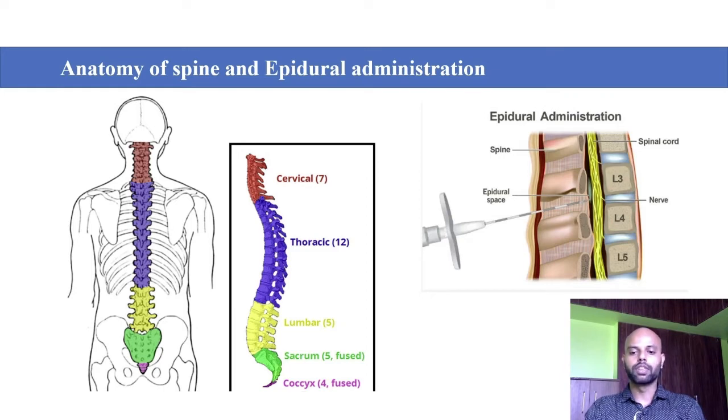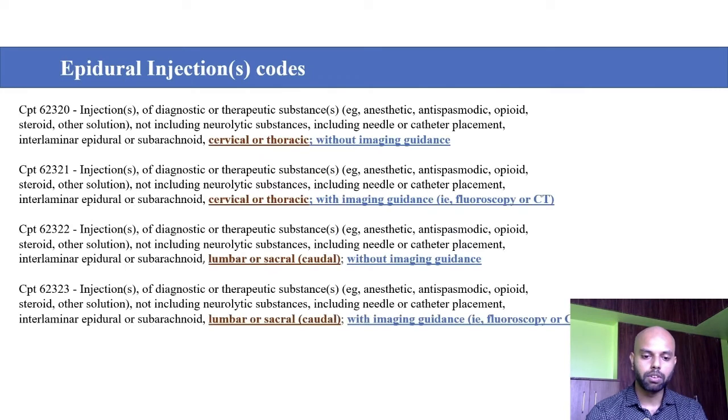Epidural administration. When the provider administers anesthetic or steroid into the epidural space, that shuts down the pain that is carried through the nerves to your brain. There are 8 procedure codes used for epidural injection. The first 4 are 62320, 62321, 62322, and 62323. The description for 62320 is for injections of diagnostic or therapeutic substances like anesthetics or steroids,